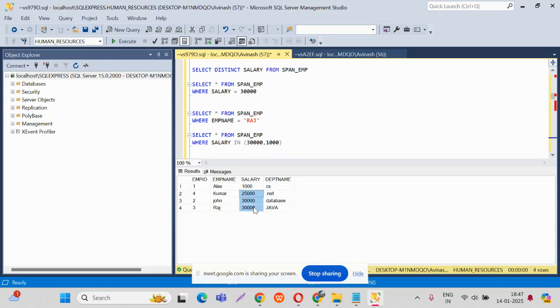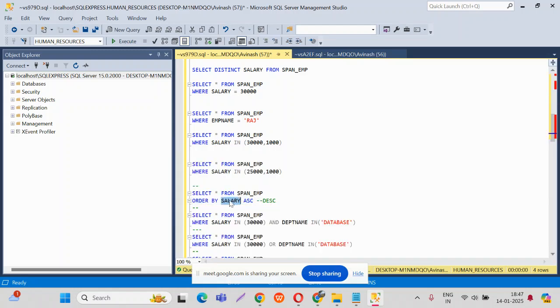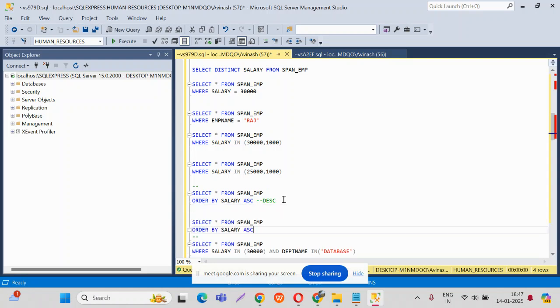30,000 is the third highest, which is displaying right after 25,000. So it made the changes and it showed in the ascending order of the salary data by using the clause called order by salary ascending. Okay, but if my requirement is to display the salary data in the descending manner, from bigger value to smaller